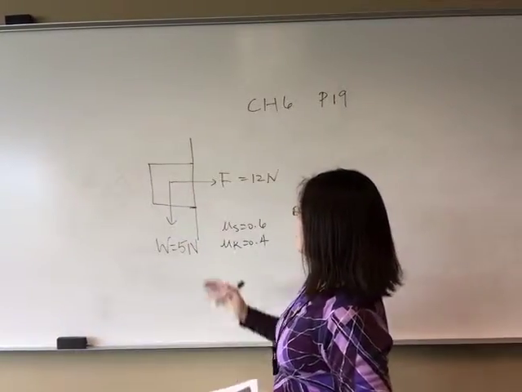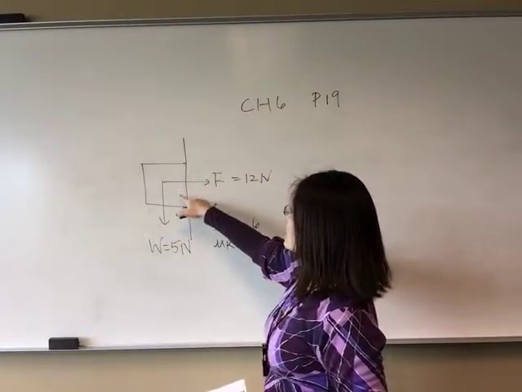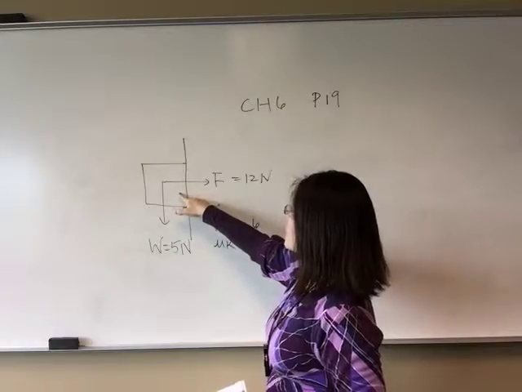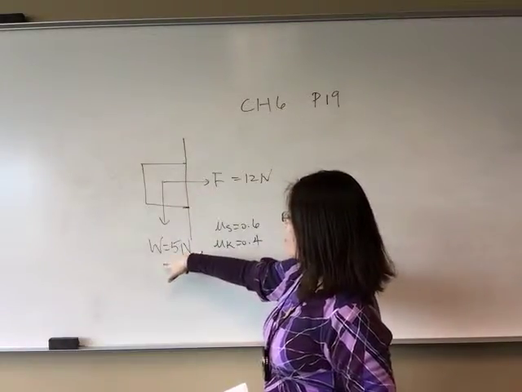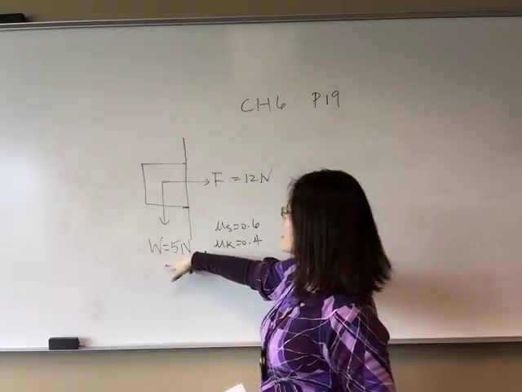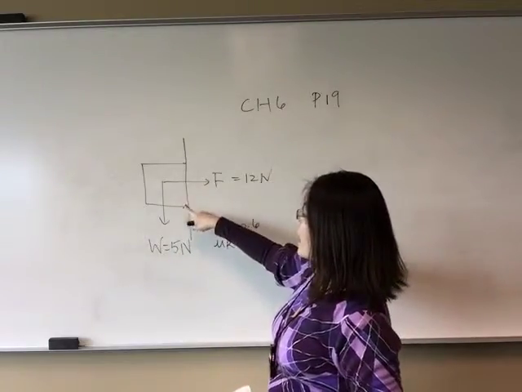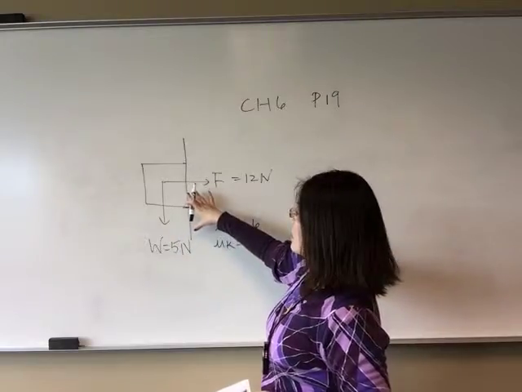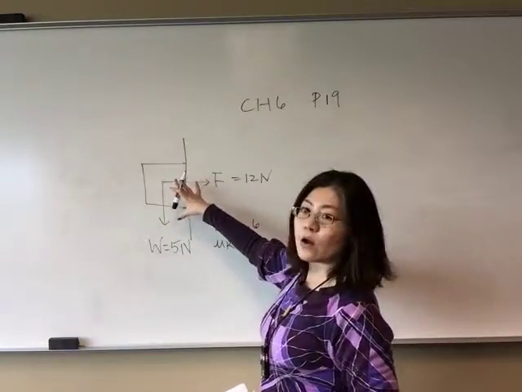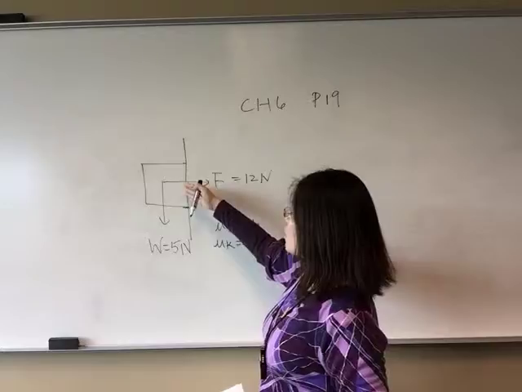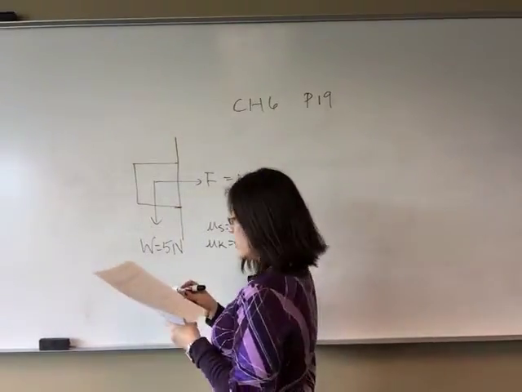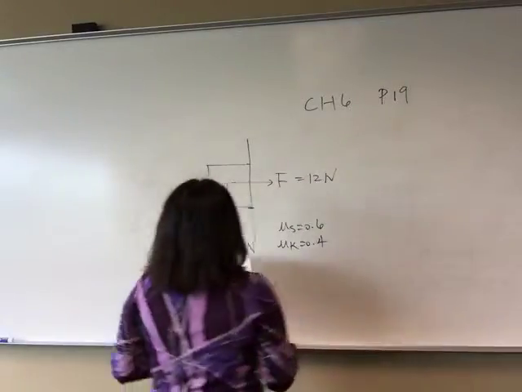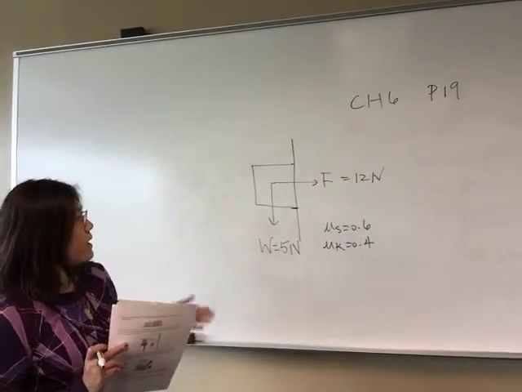So we need to know whether the frictional force experienced by the block is actually greater than its weight, or less than its weight. If it's greater than its weight, then it's not going to move. But if the frictional force is smaller than its weight, then the whole thing is actually going to move down. Okay. So let's draw a free body diagram